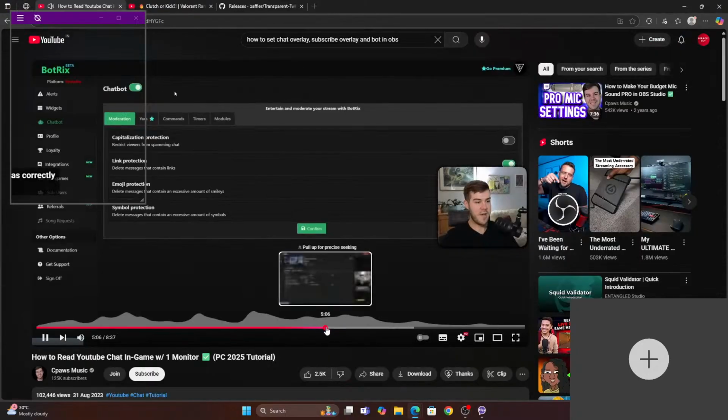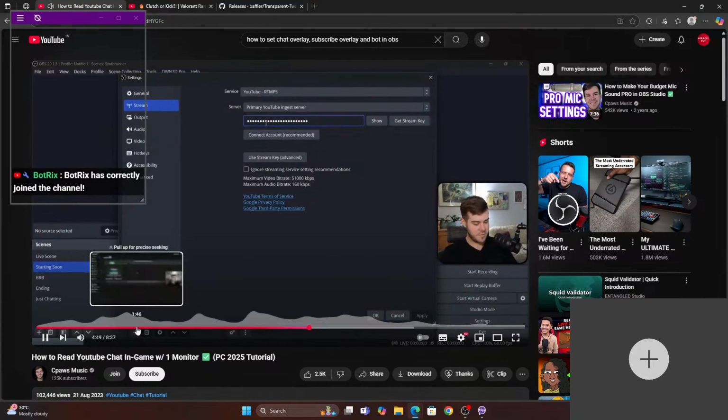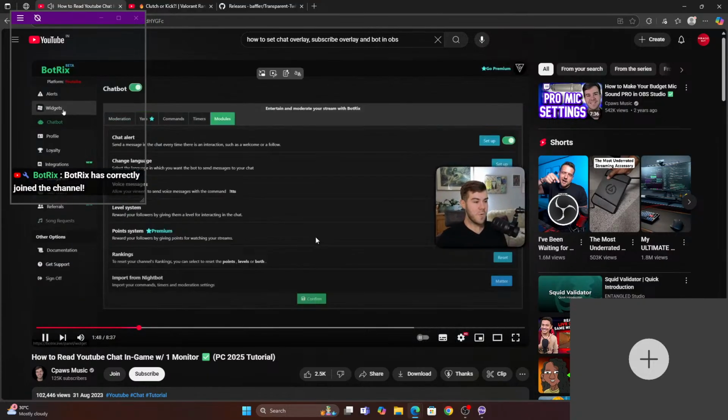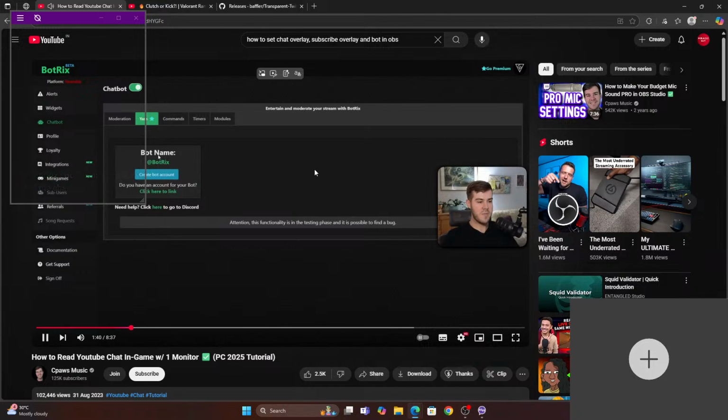on the chatbot to show up in chat, I'm going to turn it on after you're already streaming. Now from here, we're going to go to the widgets tab on the left hand. I'm going to enable this chat alert. Also, for whatever reason, if you already have premium and you have like a custom